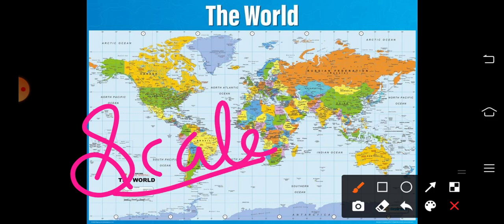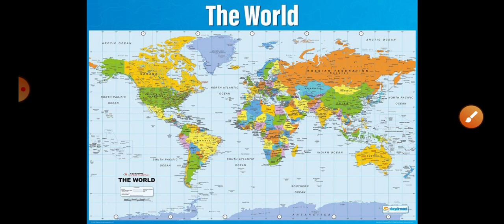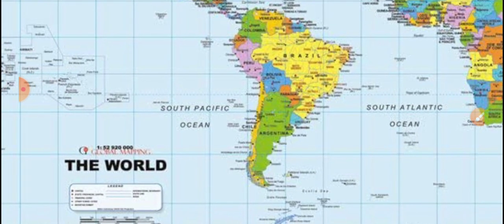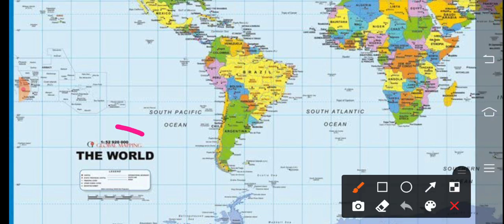The one in the geometry box is not the scale here, that is a ruler. So here scale means the ratio between the actual distance on the ground and the distance shown on the map. Almost all the maps have the scale shown on it. Here also you can see, I think it is not very clear. So here you can see the scale. It is given as a ratio here. Can you see that?